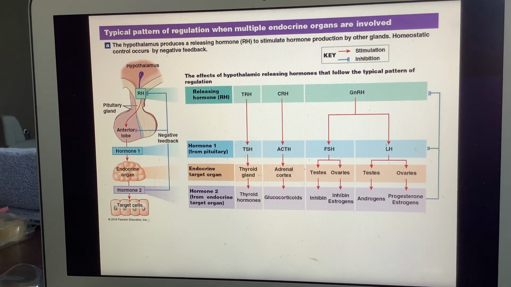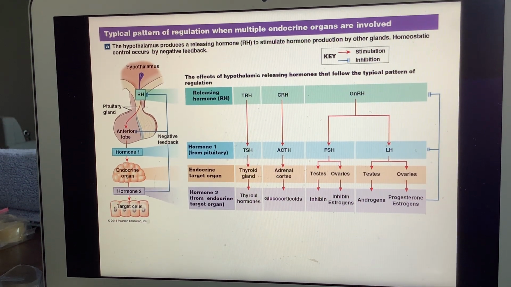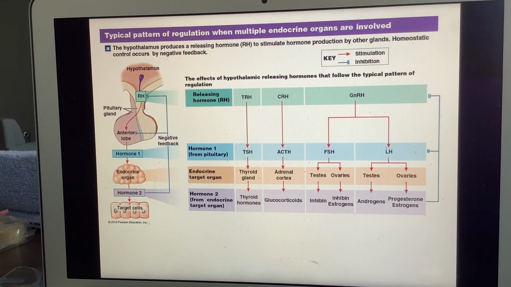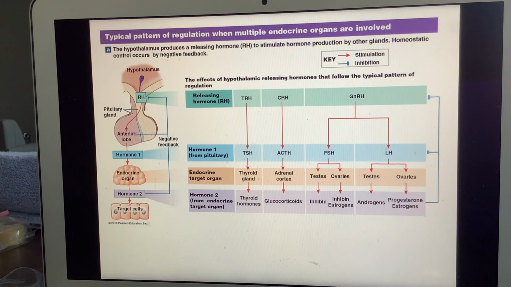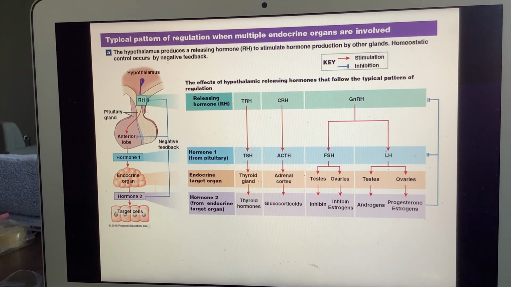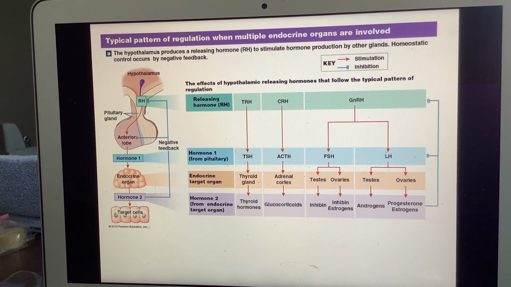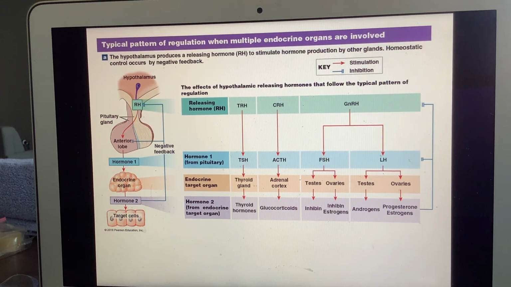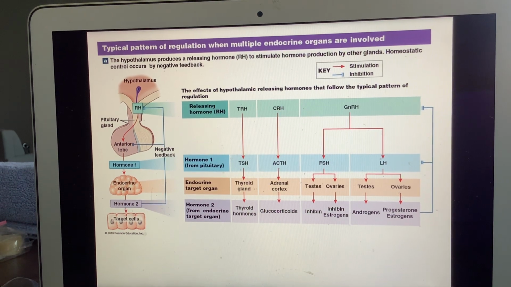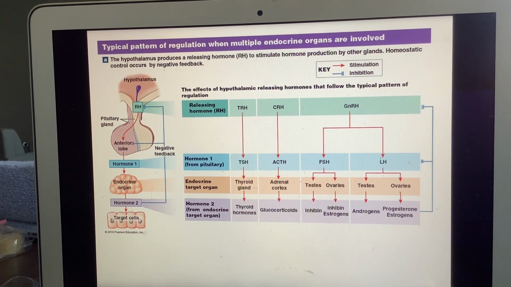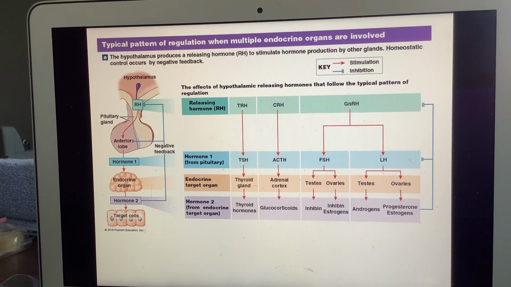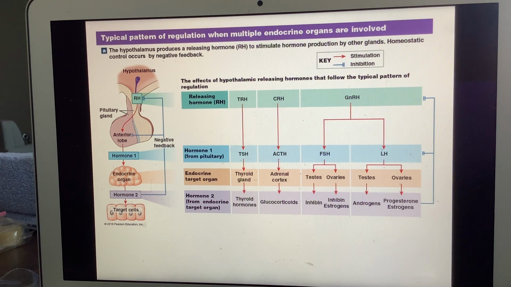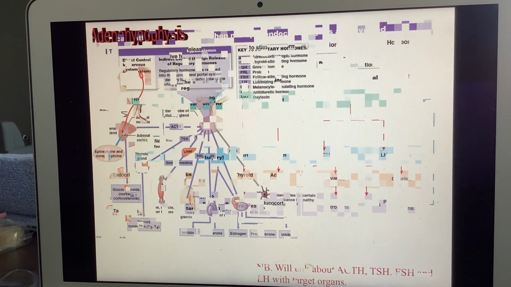So here's a typical pattern of regulation for multiple secretions of enzymes and hormones. This is figure 18-8. Can't read my writing. I think it's page 623. We're going to go over all these hormones later, so I just want to talk about this very briefly. When we talk about the anterior pituitary in the releasing and inhibiting hormones,